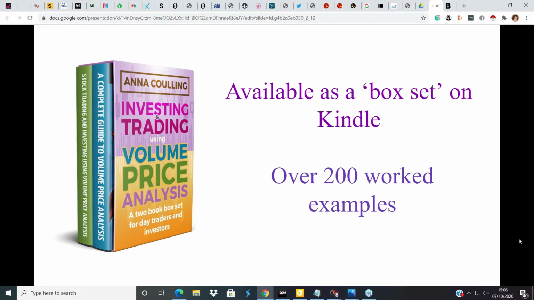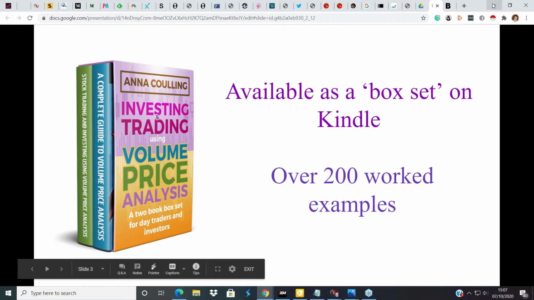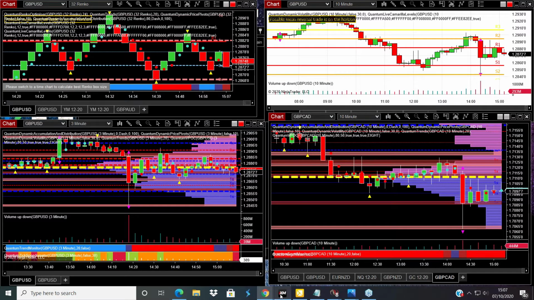What we've done, to accompany the book, is a book of examples. It was one of the things that a lot of traders and investors asked for: the main book outlines the concepts of VPA, but was there a book which had some worked examples? So this one accompanies the book, and it focuses on stocks, indices, and some commodities, but there's also a version for Forex as well, because the good thing about what we see on our charts is that patterns repeat,